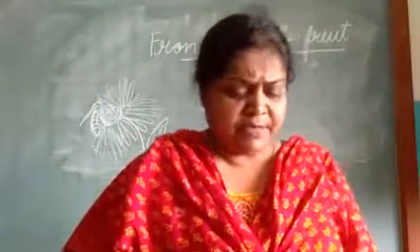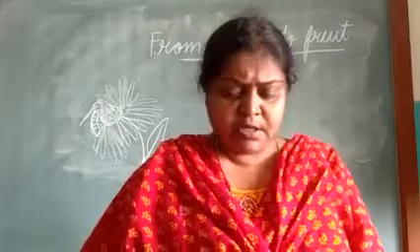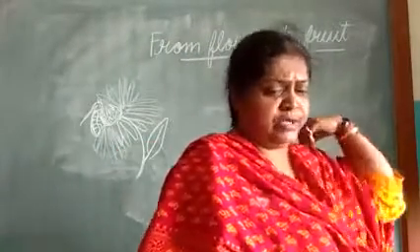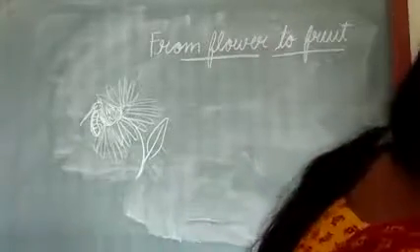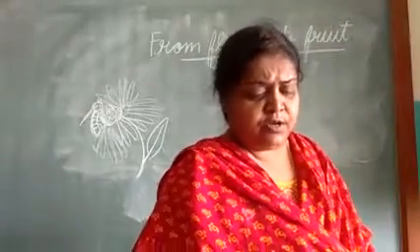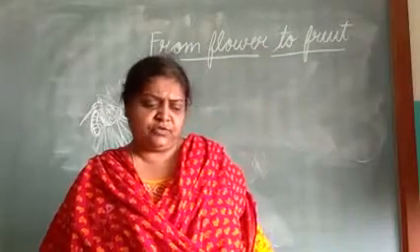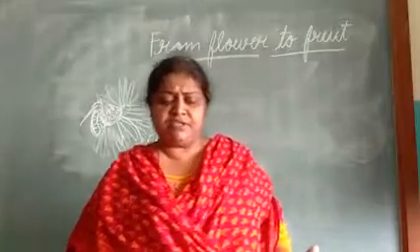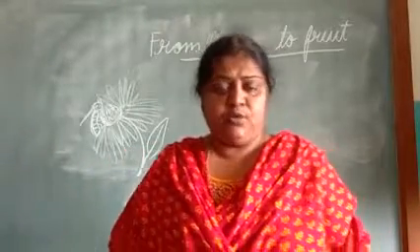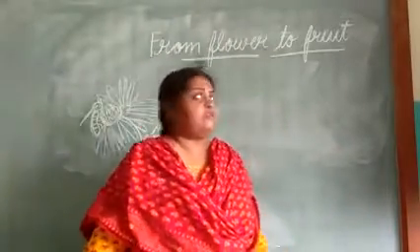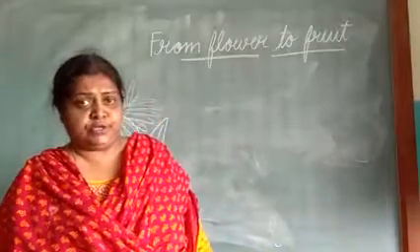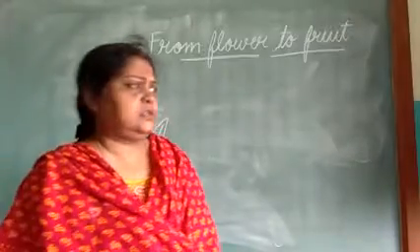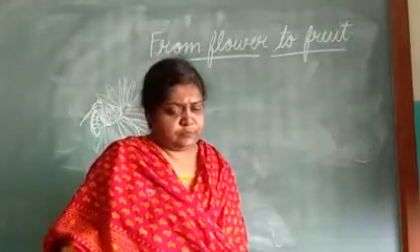So we are doing chapter, which chapter are we doing? Chapter 5, growing plants. Yes, chapter 5, we are doing growing plants. In that chapter, that day I showed you the flower and the parts of the flower, and what is an incomplete flower and when we say complete flower. Today you will learn about from flower to fruit. How fruits grow up from flowers.